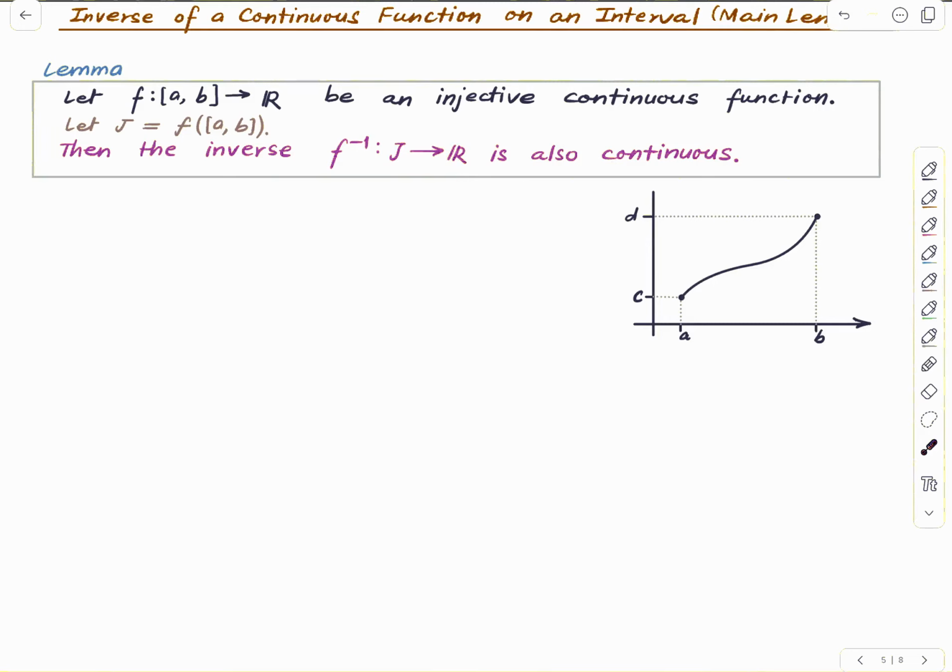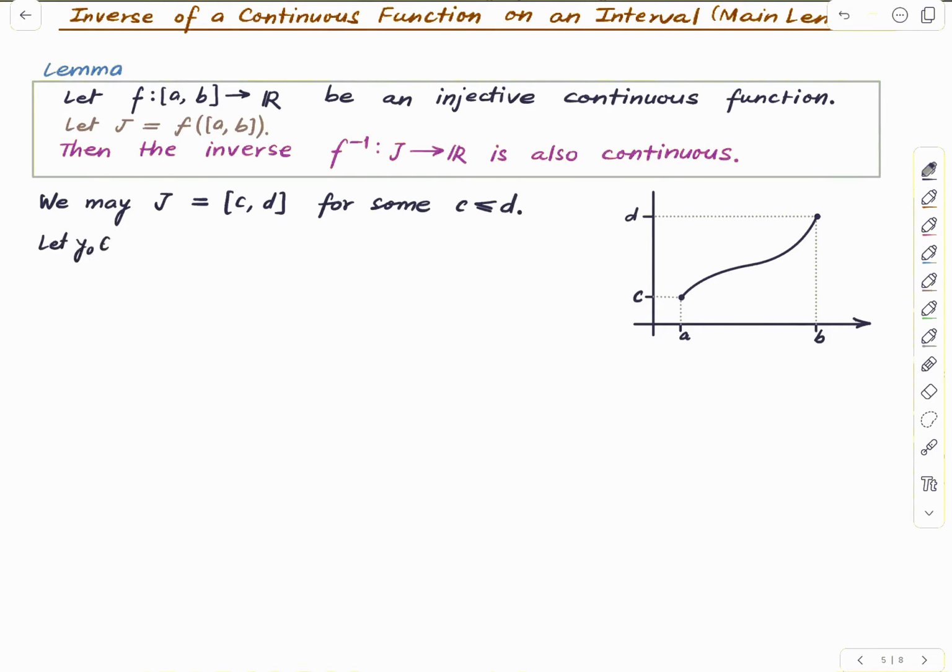Okay, so I am sure you understand what this statement means, and now let us try to prove it. So we will go via the convergence criterion. Let us fix the point. Yeah, so before we go there, we may write J equals [c, d] for some c and d. This is what we just proved, that the continuous image of a closed interval is again a closed interval. Okay, so we have that, and now let us fix a point